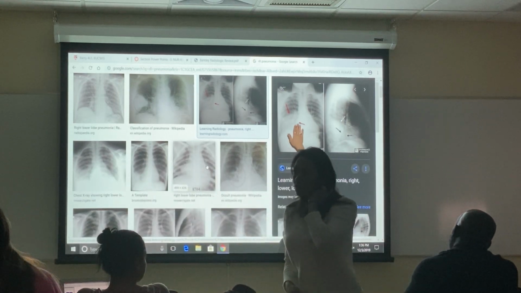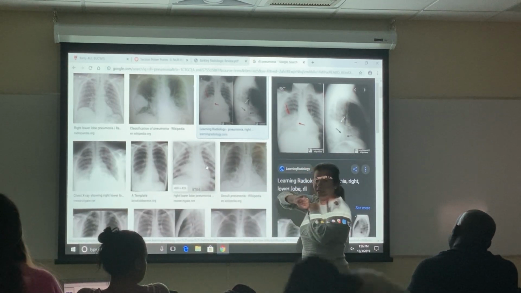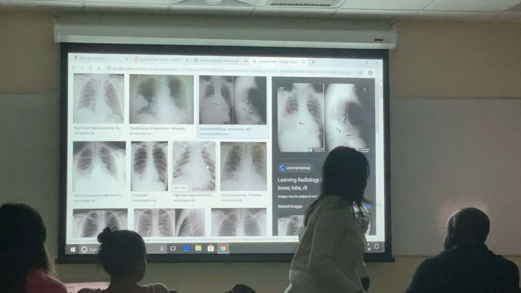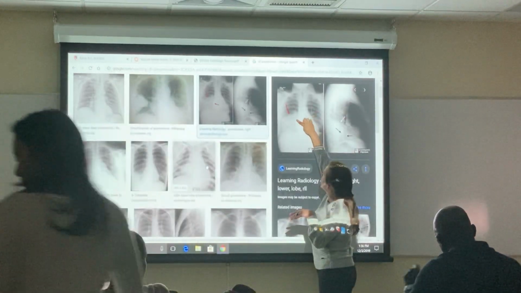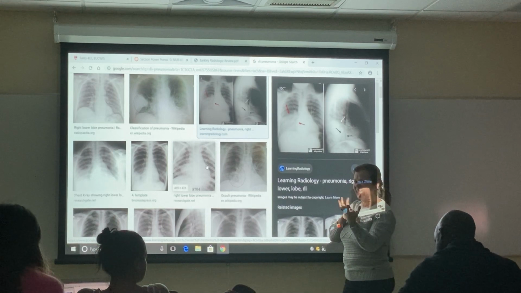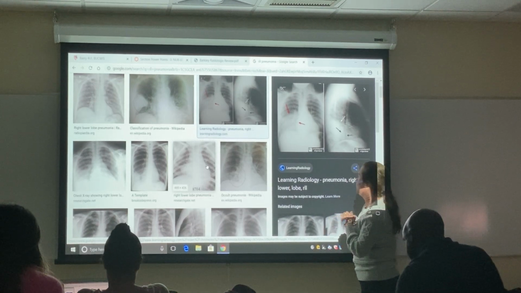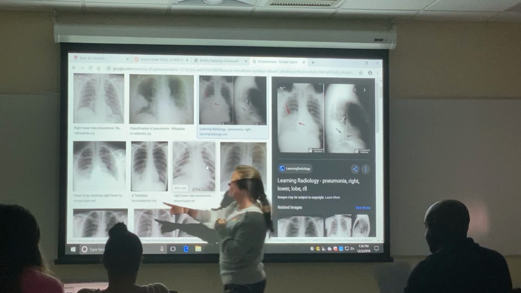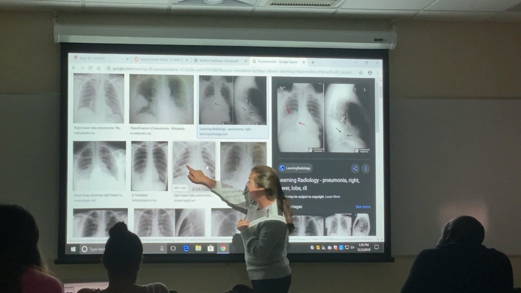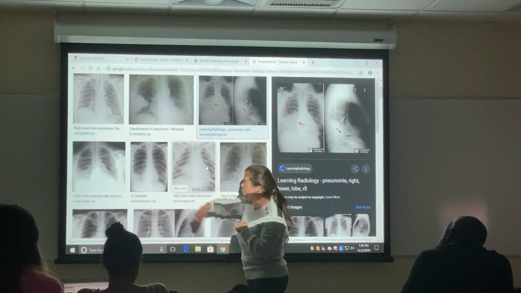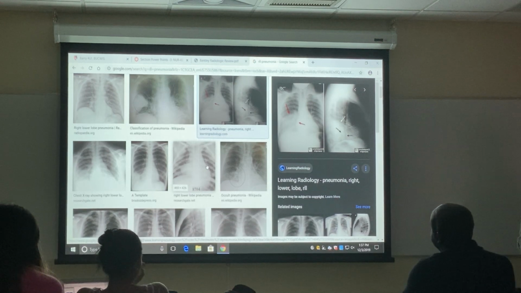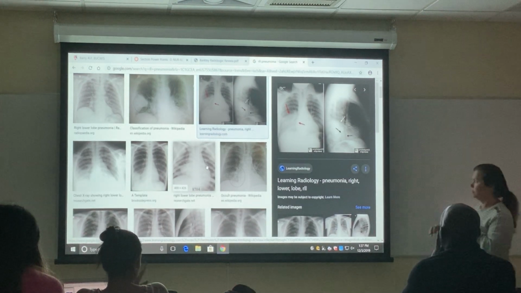Okay? Now, of course, if you have a right lower lobe infiltrate, not only the right hemidiaphragm will be obscured, but also the cardiac silhouette will be obscured, isn't it? That's the clinical pattern of a right lower lobe as well. So again, look at this. It's not a clear diaphragm. It's not a clear cardiac silhouette, even though I'm able to see the diaphragm. Do you see? Even though that one will be considered like lower lobe,